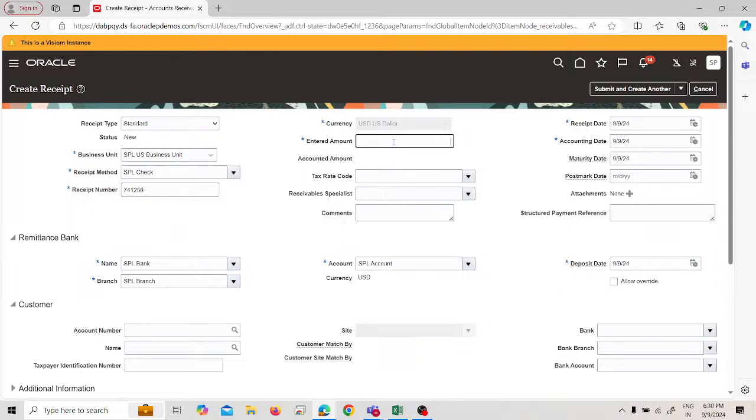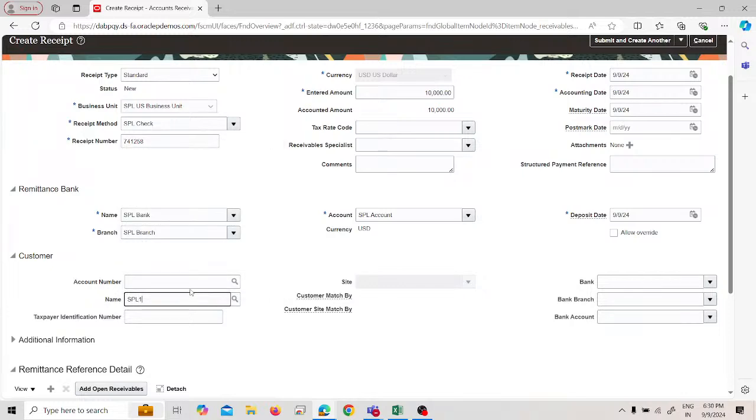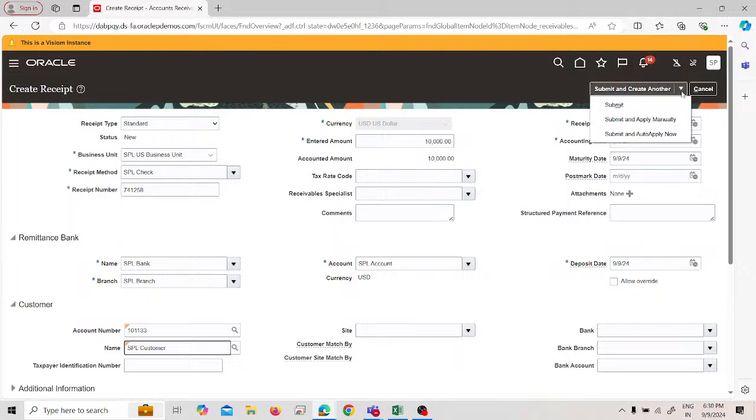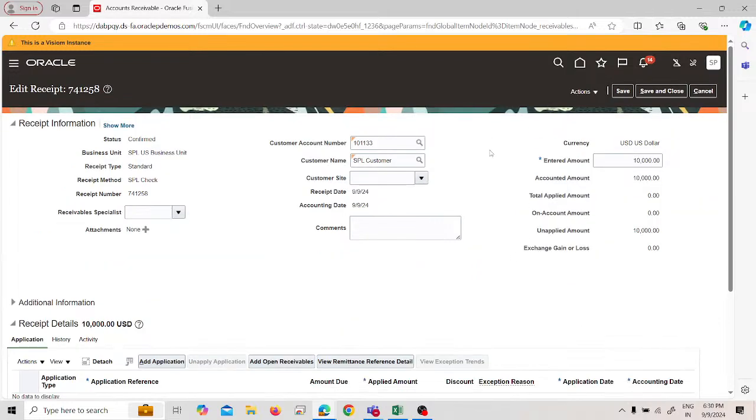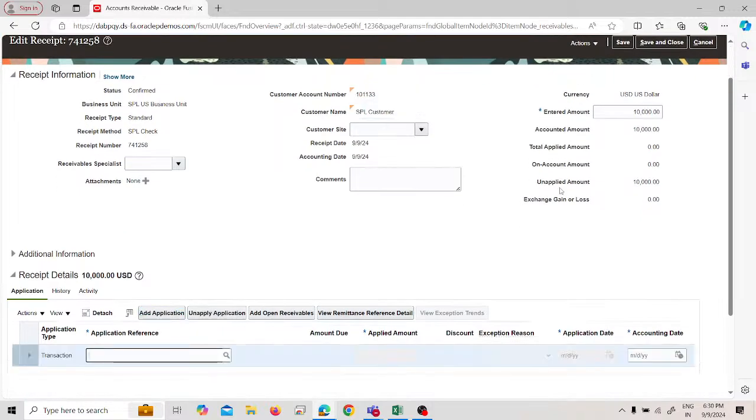So now we'll enter the amount. We are creating the receipt of $10,000. Now we'll give the customer name. Okay, now we go to submit and apply manually option. Here we will add an application. Now you can see the unapplied amount will be $10,000. We are creating a receipt of $10,000, but we are just having an open receivable transaction of $9,000. So we will search the application reference number 4002,